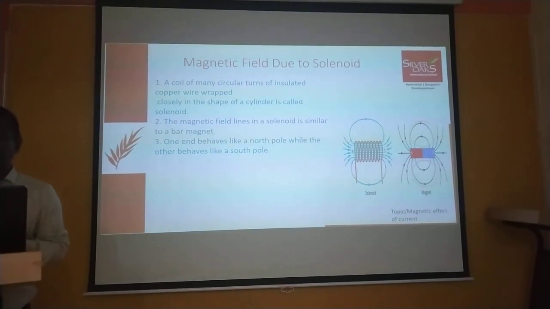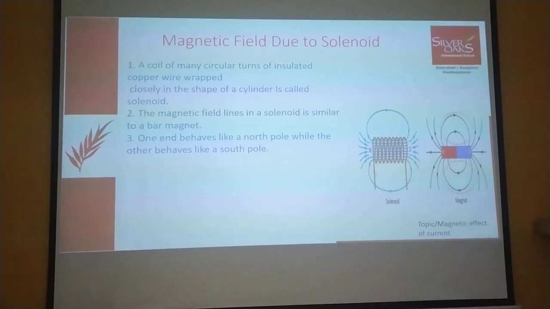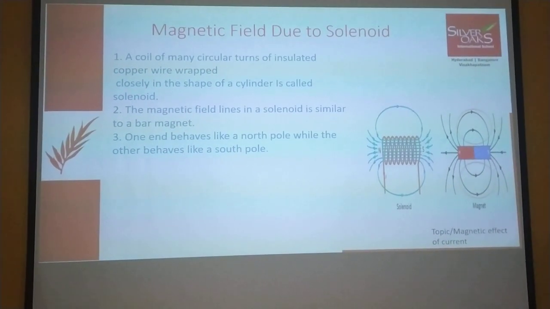Now, once we have seen the magnetic field lines due to a circular loop, we'll find out the magnetic field lines because of the solenoid. So what is a solenoid? It is a coil of many turns of insulated copper wire. Insulated copper wire is a normal copper wire, but it is insulated. So if you want to make a connection to an insulated copper wire, you have to remove the insulation at the end. The solenoid has a number of turns, and the spacing between each turn is very less. So this is called the solenoid.